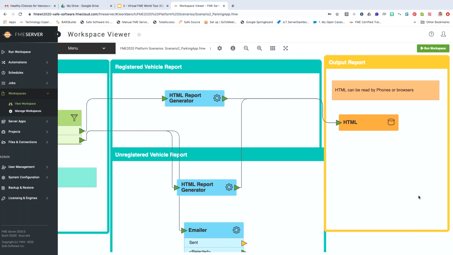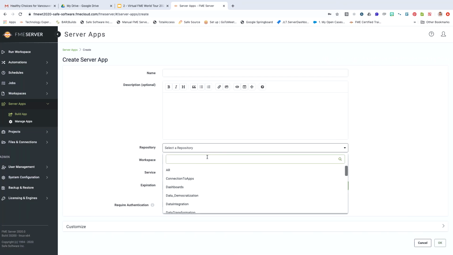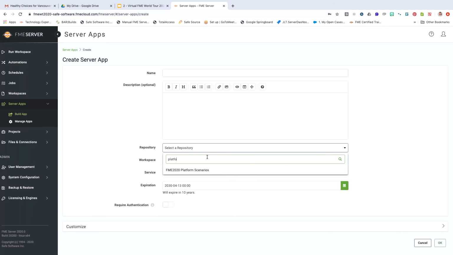Yeah, so I think we can go and have a look at how we actually built that app now. So under the workspaces option, we have the menu option for server apps. So when you're looking to create an app, you can click on build an app. You can give it a name, a description. You will need to choose a workspace that you want the app to run. And then